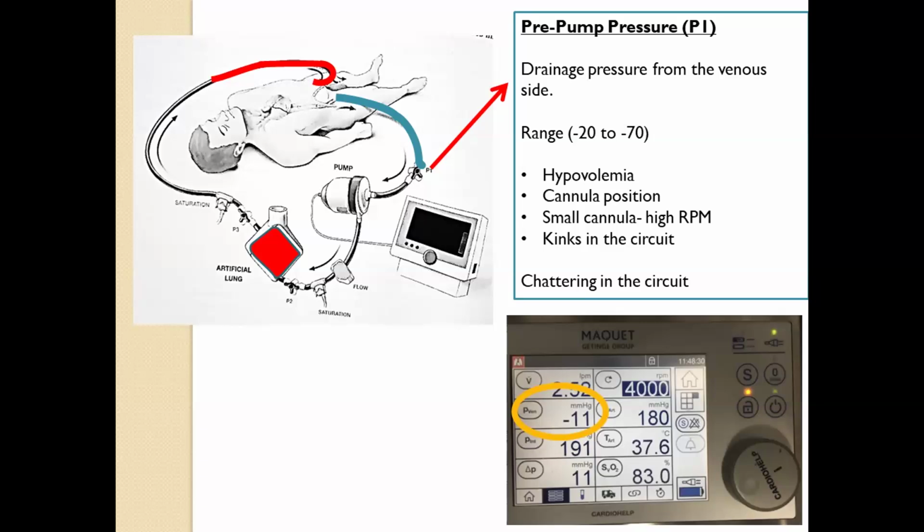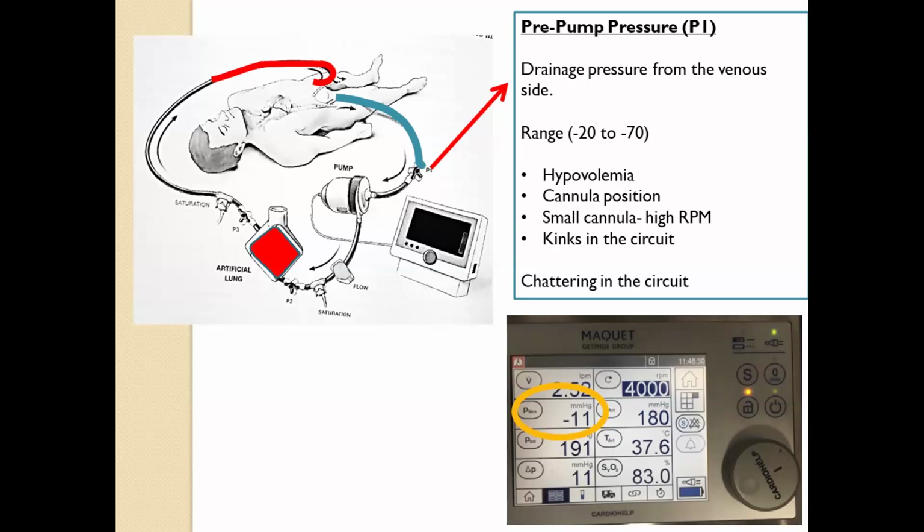They're called P1, P2, P3, and then the delta pressure. We'll start with the P1 pressure. That is usually the pressure that is recorded pre-pump, that is before the blood pump. And because it is connected in the drainage circuit, because of the suction action of the pump, these pressures are usually negative, anywhere between -20 to -70